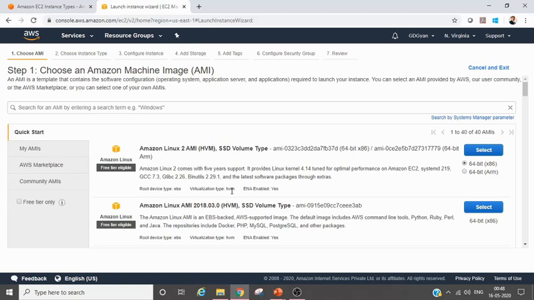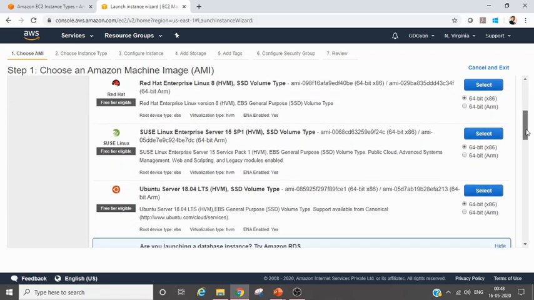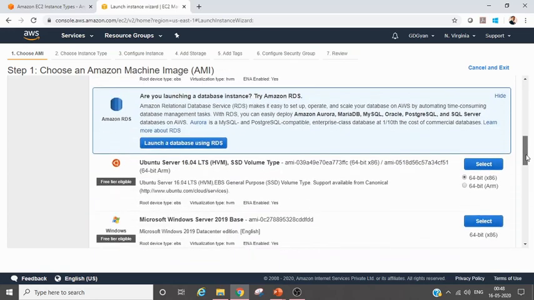Okay, let's go through everything. If I click here for free tier, it will give me only those options which are free, right? So I can see 1 out of 18 AMIs. Slowly scroll down and you will be able to see all the different operating systems you have.